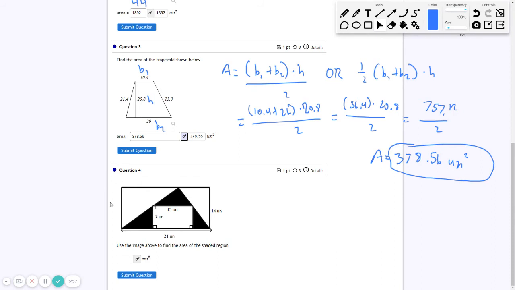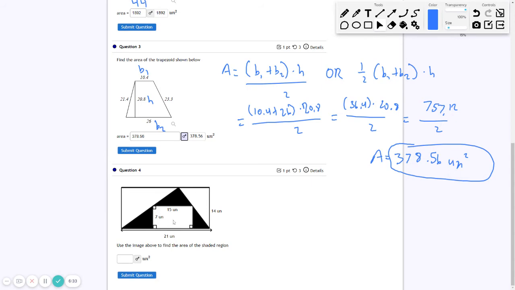So here's the strategy that I would use. I know that my whole rectangle has a base of 21 and a height of 14. My small rectangle has a height of 7 and a base of 15. So what I'm going to do is the whole rectangle minus the small rectangle. And then after I do that, I also got to do a little bit of extra work here because I need to figure out these little extra sides. So a good way to figure this out is,